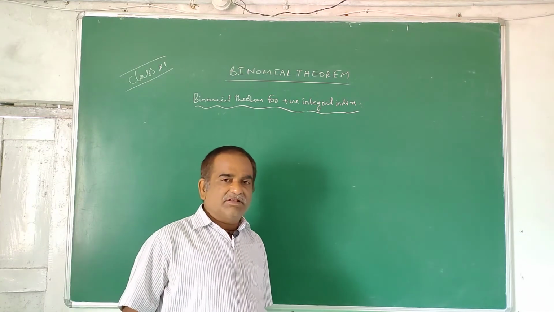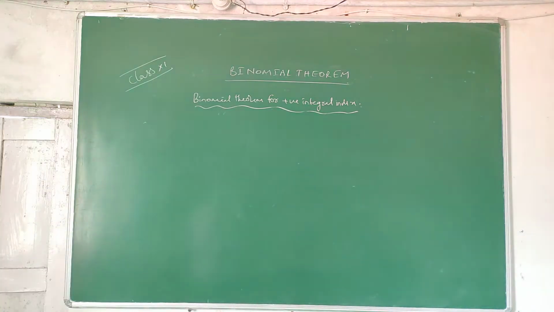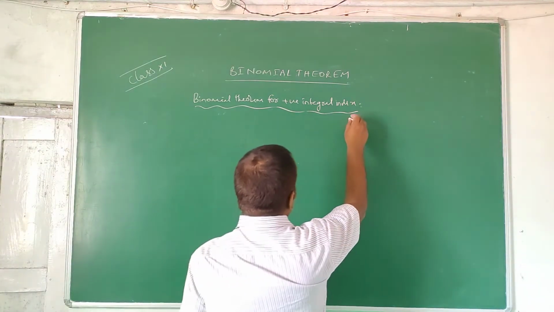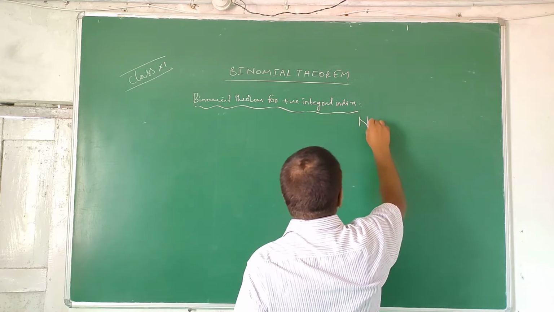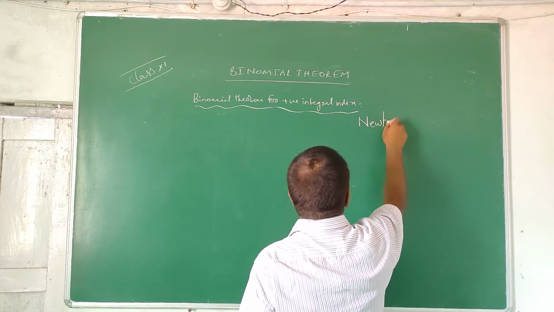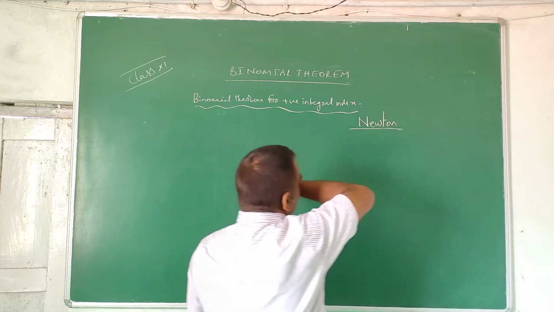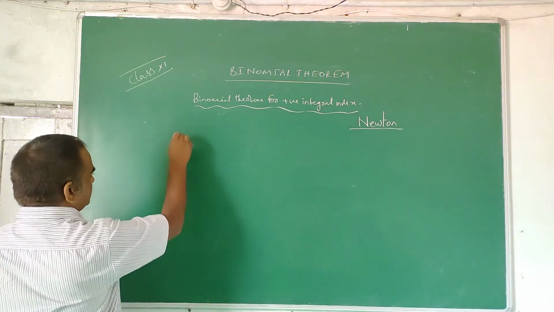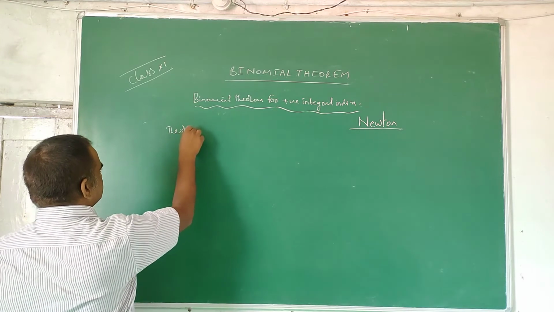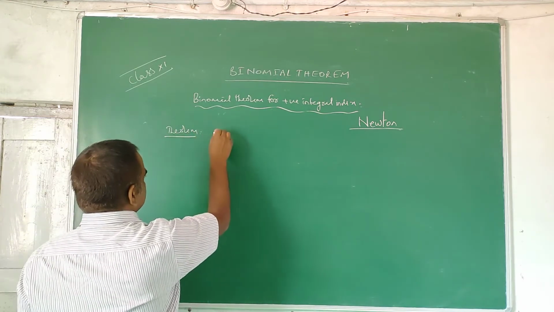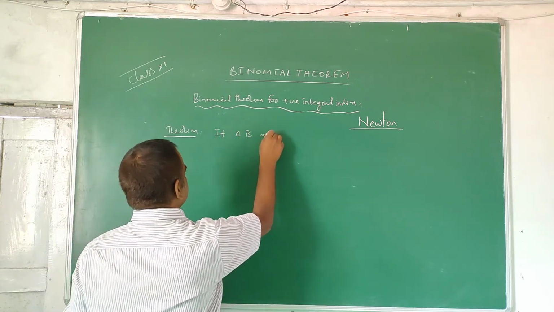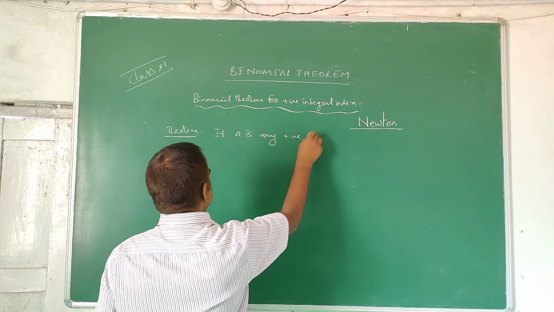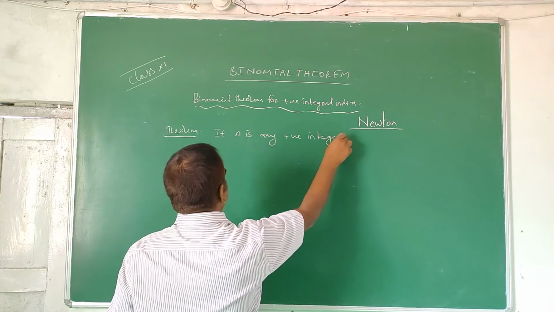Now dear students, we are discussing the binomial theorem for positive integral index. This was discovered by Newton. So the theorem says, if n is any positive integer, then